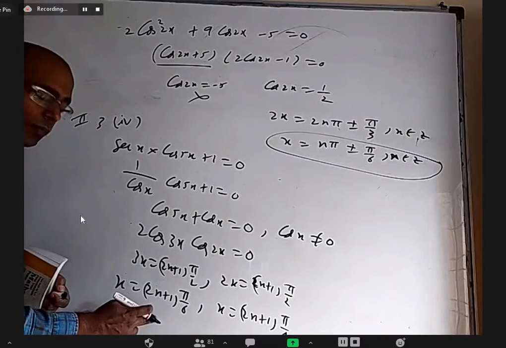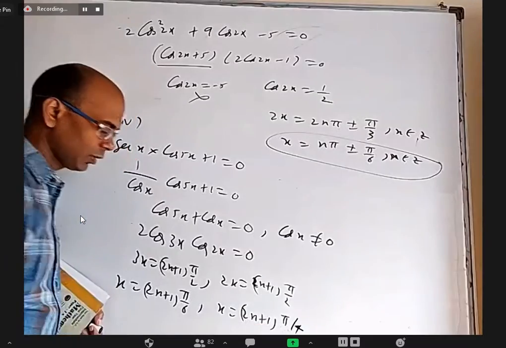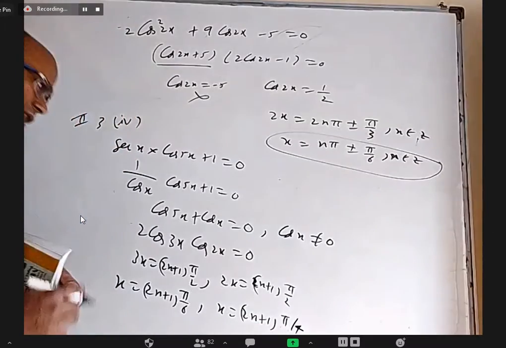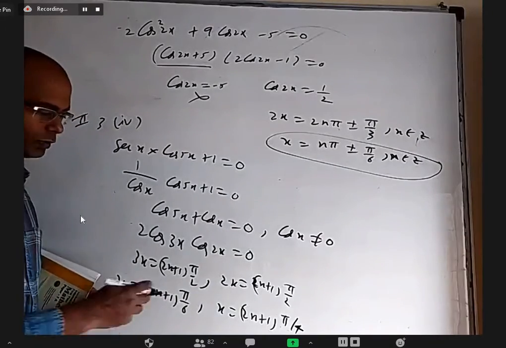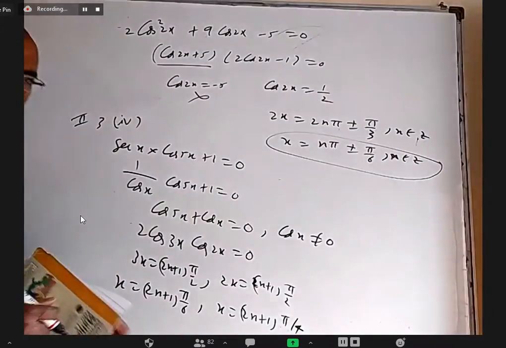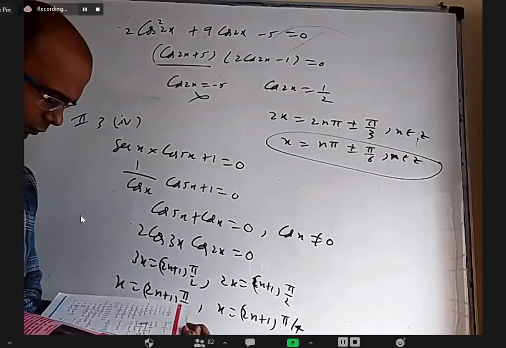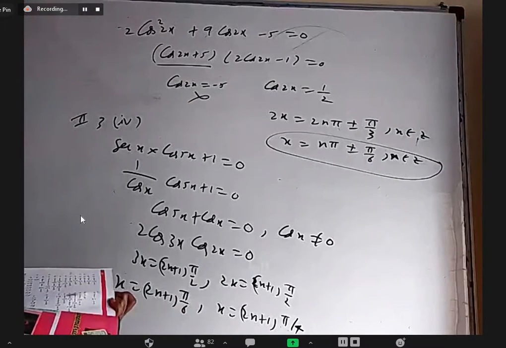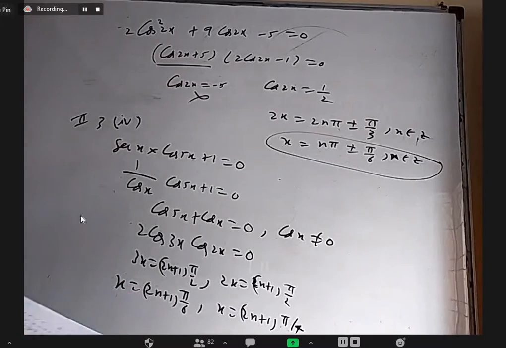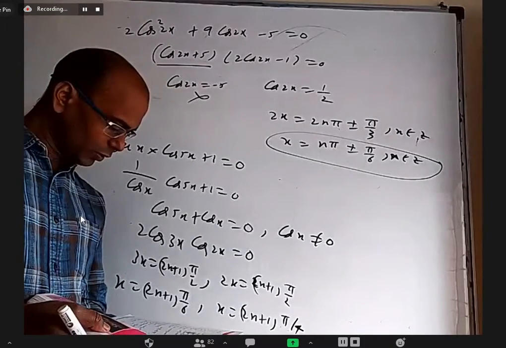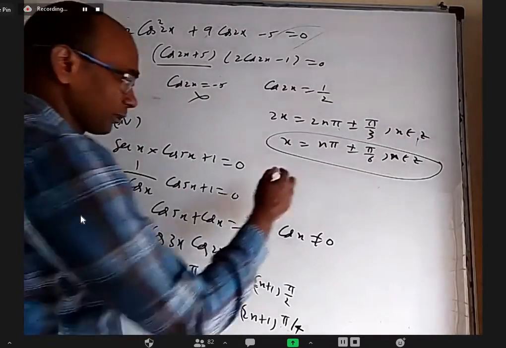But in this, some answers are not okay. Why are some answers not okay? Is everything okay? When will cos x be 0? At pi by 2. Pi by 2 is there in this. So we need to remove that. I don't know what answer is given, whether right or wrong. Oh, they wanted some values in some interval. No, they wanted between 0 to 2 pi. That is very easy to write. Between 0 to 2 pi, what are the answers for this?